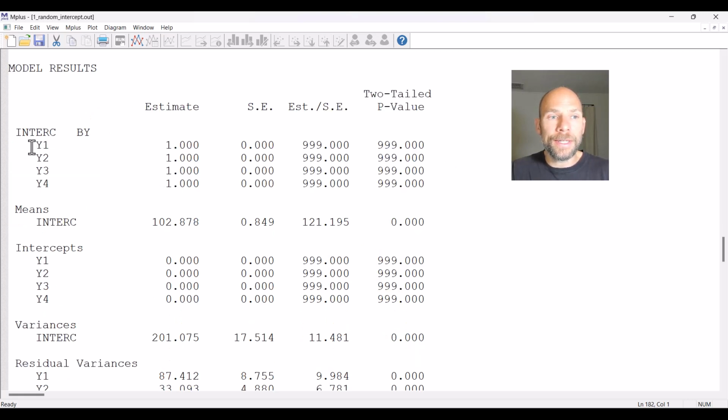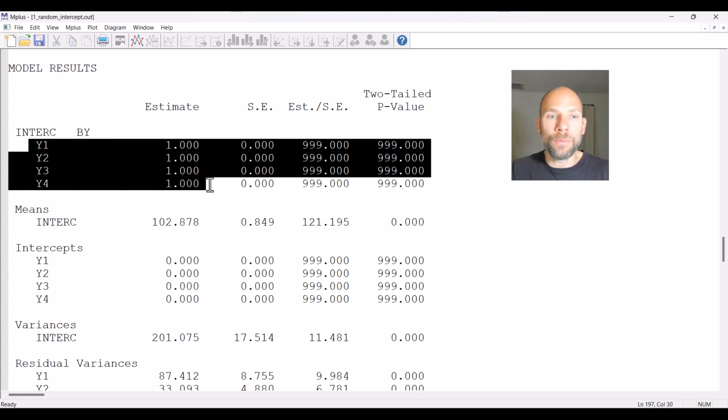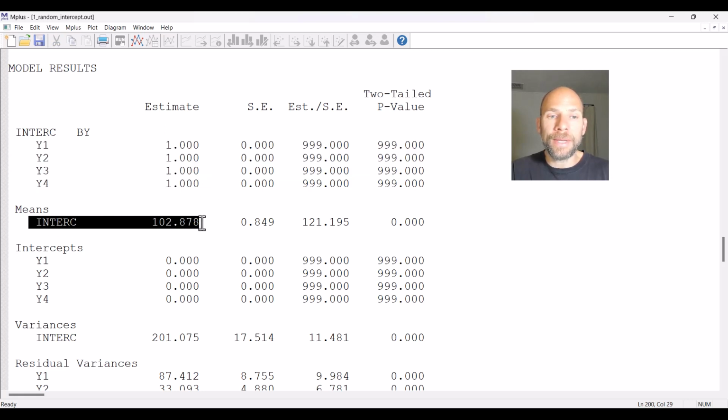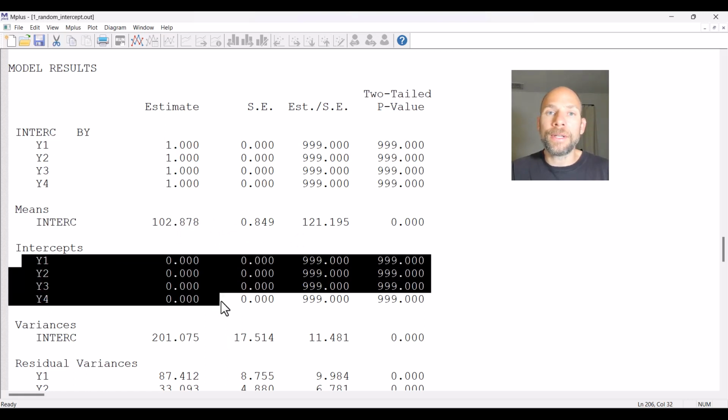So here you can see in this model all loadings are fixed to 1. By definition, the mean of the intercept factor is estimated, and you can see there's only one mean in the model because the intercepts of the observed variables are all 0. So there's nothing that could add to the mean to allow the variables to shift their means across time. And this could already be a reason why this model doesn't fit well, because it assumes that there's just one common mean that applies to all 4 variables, and that's the